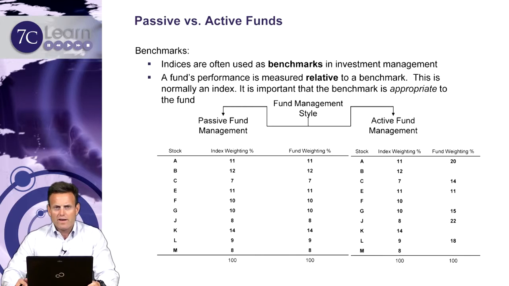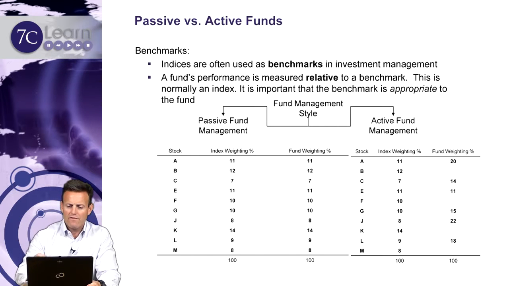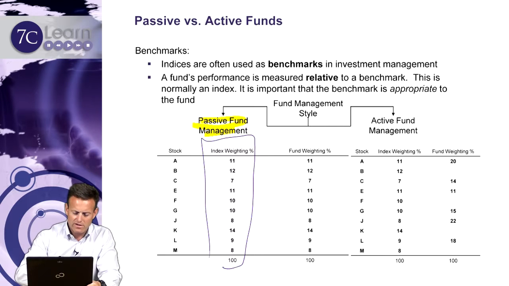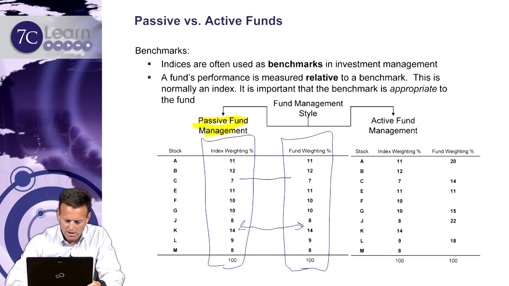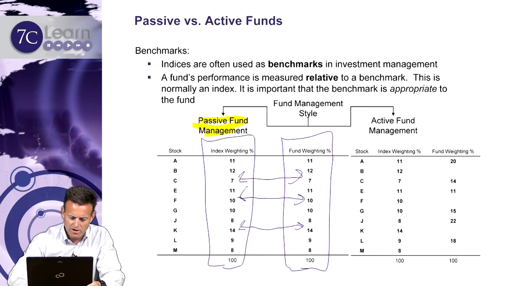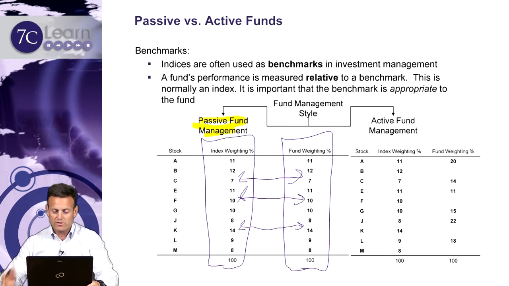How might this be applied in asset management? Well, if I'm a passive manager, it's quite straightforward. What I do is I look at the construction of the index and I simply replicate it. So the things that are actually in my fund or in my portfolio, you can see directly mirror the weightings in the index. So there's no analysis of a good stock or a bad stock. If it's in the index, it's in my fund, and it's in the fund in the same proportions as it's in the index.